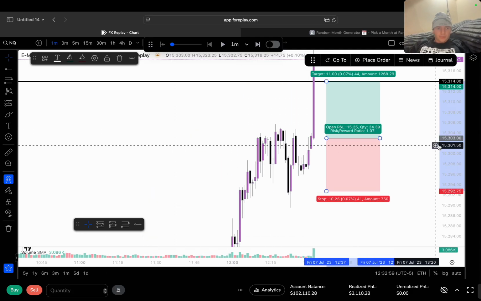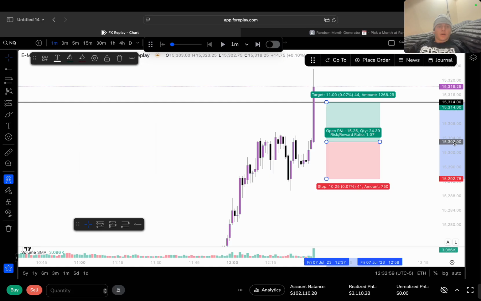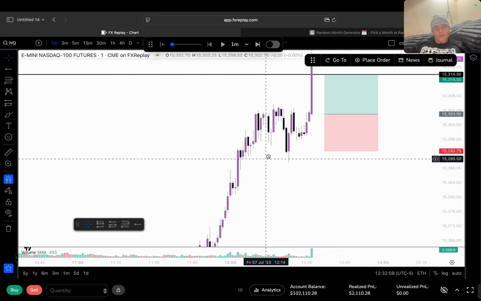I don't want to say much, but obviously the market doesn't really change the way it moves. Kind of, as I was saying, you can apply this to Asia session. It's just I like New York because there's a lot more volume. Like look, all those moves are relatively small.